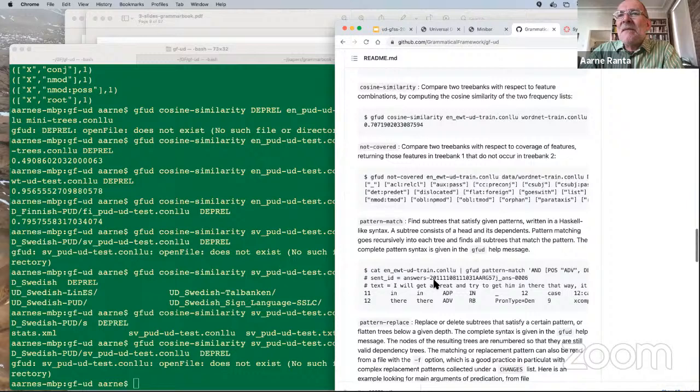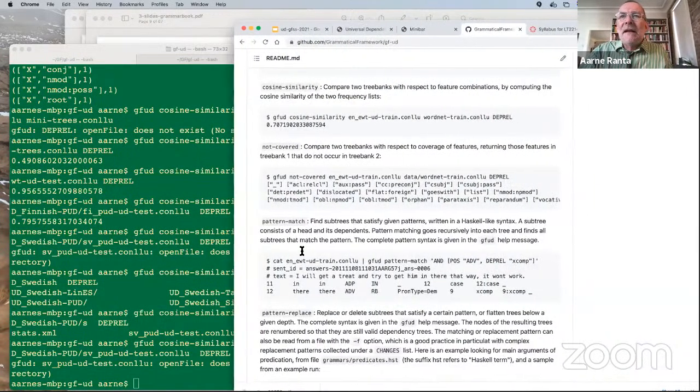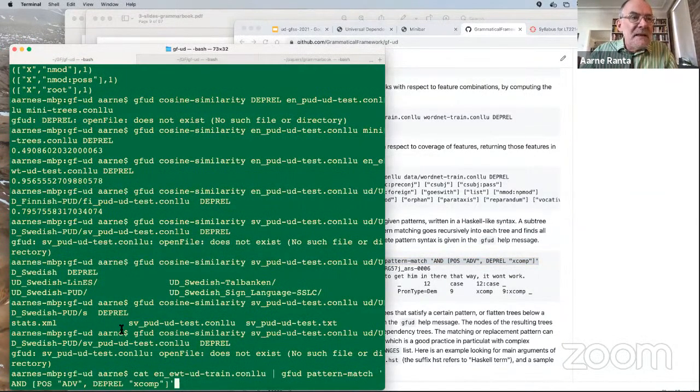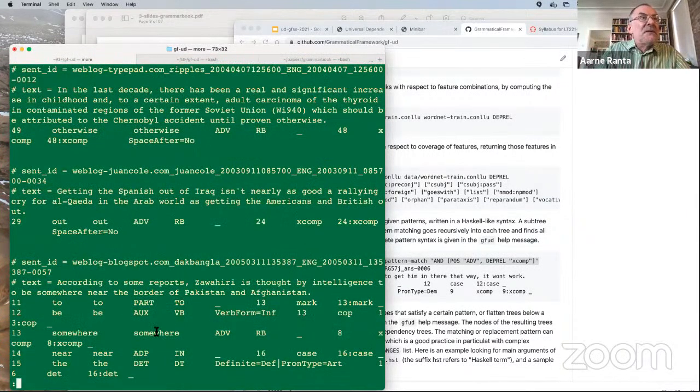Then this is something which is interesting: pattern matching. So you can try and find different kinds of patterns in the trees. Like, for instance, when an adverbial is used as xcomp, so let's try to copy that. And I also take it through more so that you can get